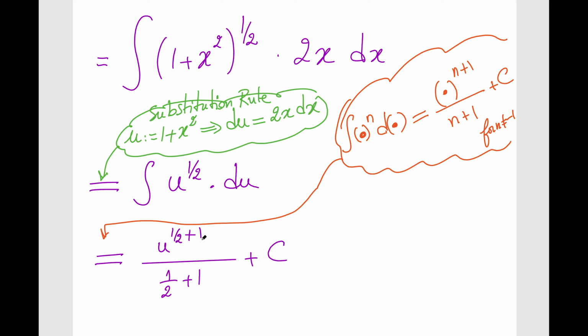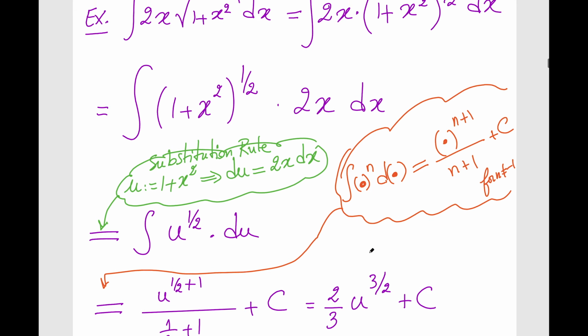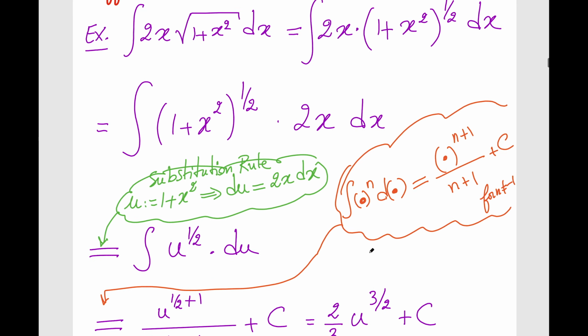Okay, and what's half plus 1? Half plus 1 is 3 halves. Dividing by 3 halves is the same as multiplying by 2/3, plus a constant. Okay. And the question was given in terms of x, so I have to return the answer